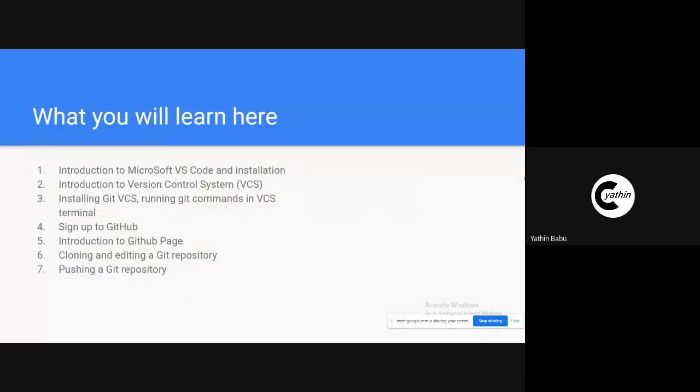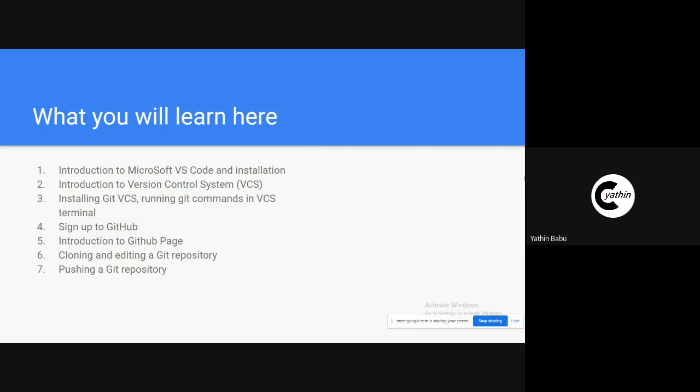In this webinar, I will be sharing with you and giving you hands-on experience with what Microsoft Visual Studio is and how to install it. We'll go through what a version control system is, and we'll be installing and working with the Git version control system.